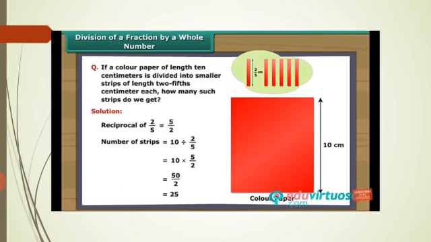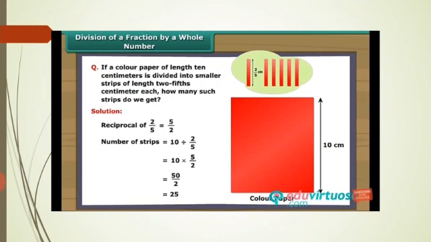In the question, the reciprocal of 2 by 5. Why are we taking the reciprocal of the given number? Because the length of the paper is 10 centimeters, and we need to divide it into total pieces. So the reciprocal of 2 by 5 is 5 by 2. How many strips are there? One strip represents 2 by 5, so how many strips are given? Yes, very good. That represents 5 strips. So you take the reciprocal, 2 by 5 into 5 by 2.